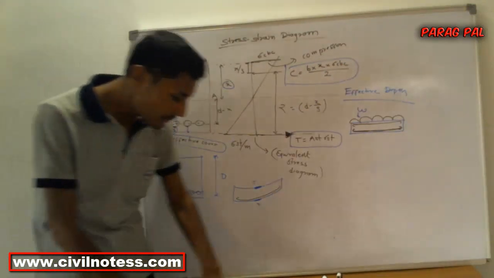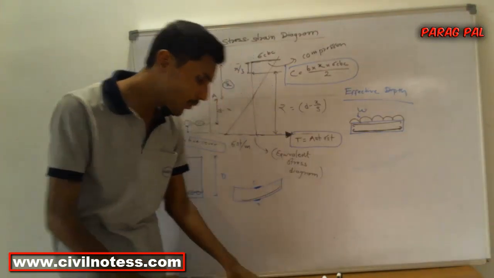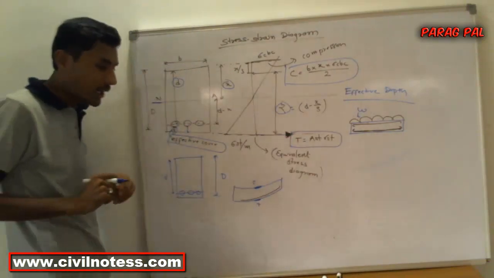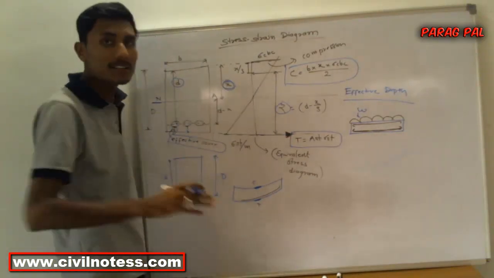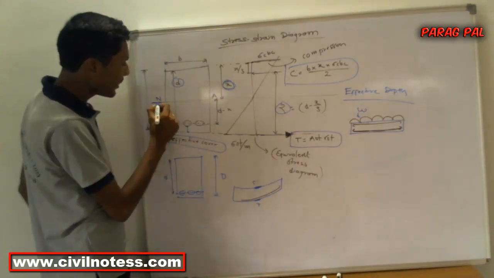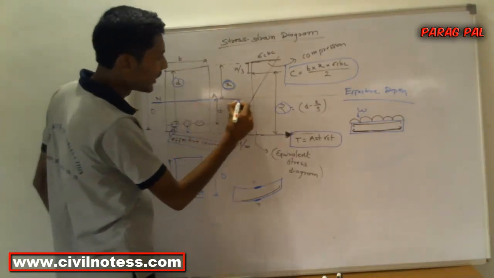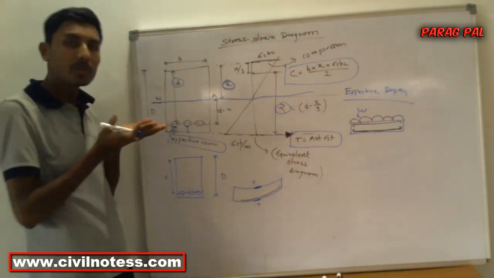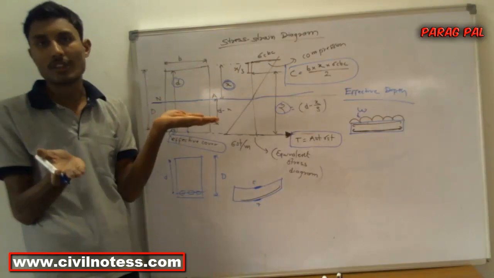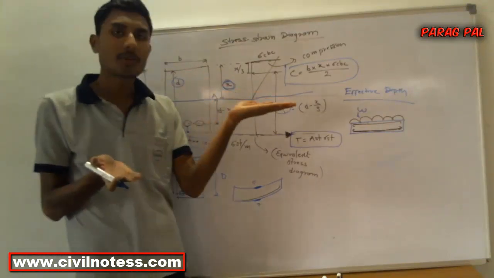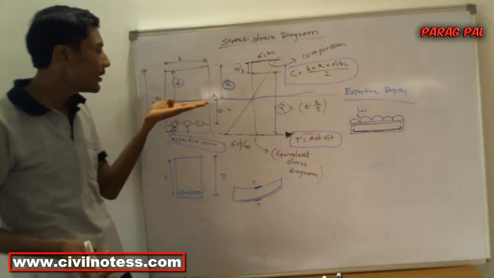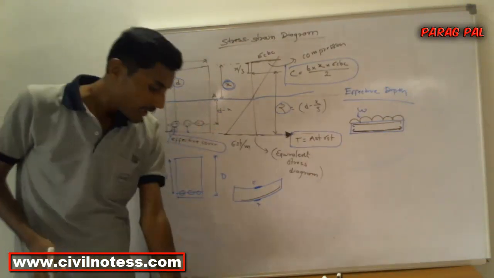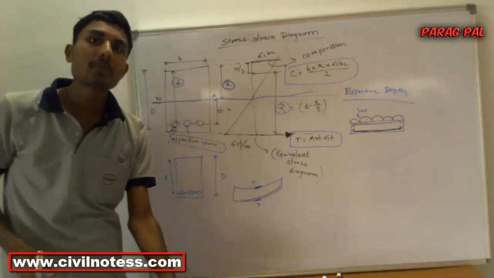After that there are some constants over there. So I will explain what exactly all these things are. x is called the depth of the neutral axis. What is this axis exactly? If this axis is at the middle portion, it is where compression equals tension. Whatever compression is coming over there, tension is also there. That is called a balanced section, and from that we can calculate the moment of resistance.